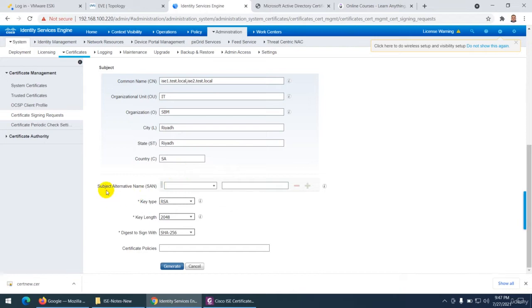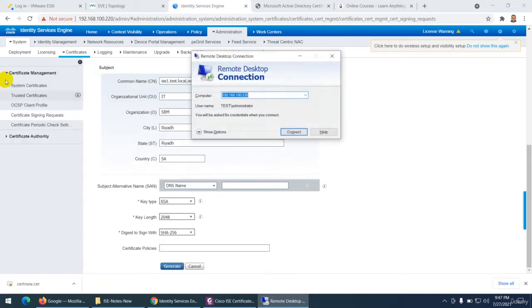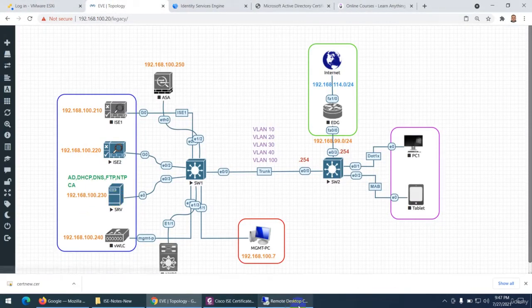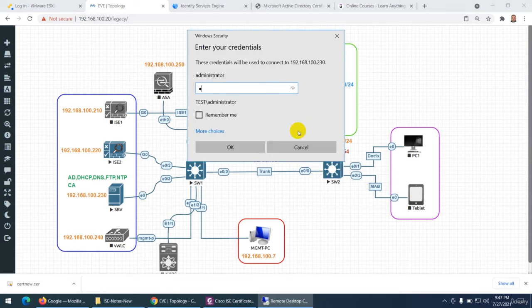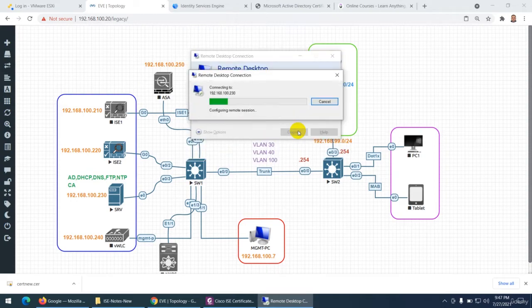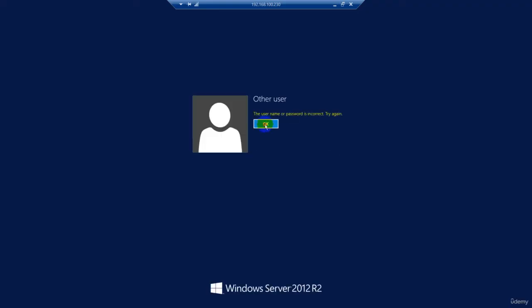Now these are the subject alternative names, and it's compulsory that you put them. So you have many options. One is DNS, IP, and other things as well, but we will use DNS. So my DNS entry, you remember we put DNS entries. If you can't remember, let me show you again in our server, because this is our DNS server as well. So I put DNS entries for ISE1 and ISE2. So let me log in there to show you again. So you can use those DNS entries as well. Okay, so let me log in here,